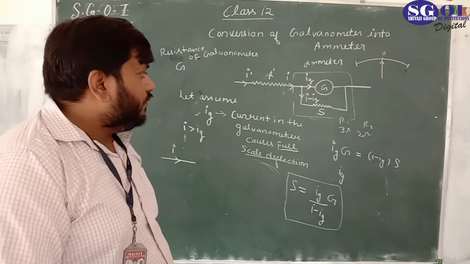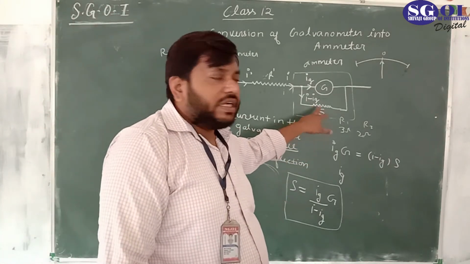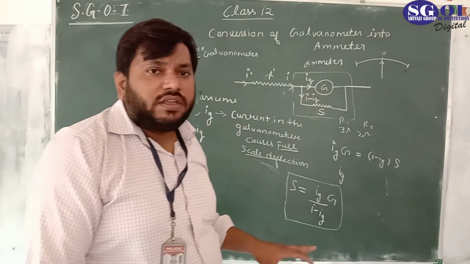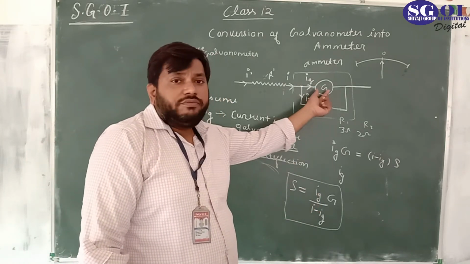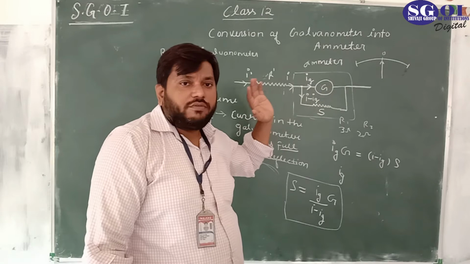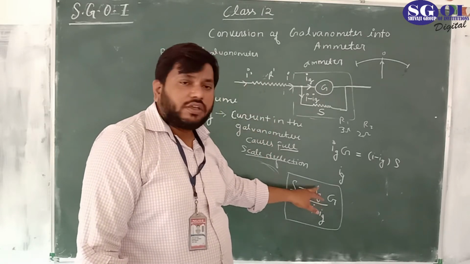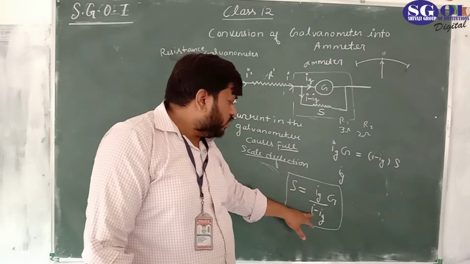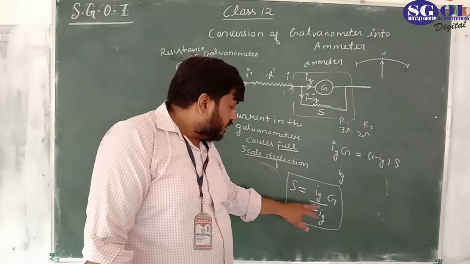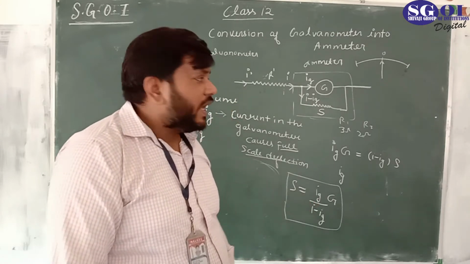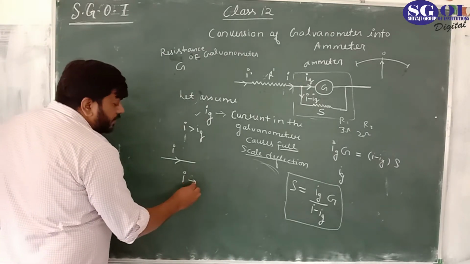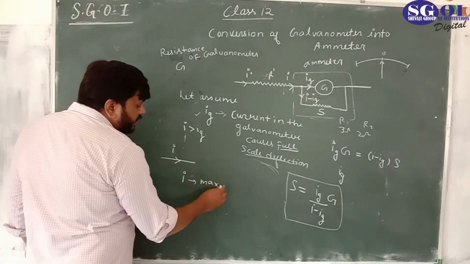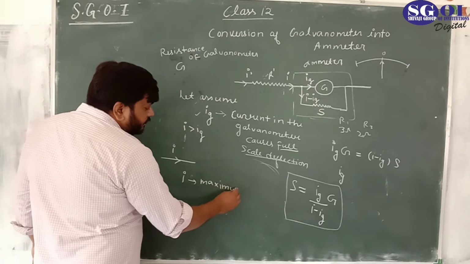So if we want to find the shunt of the galvanometer, we have been given the maximum current which produces the full scale deflection in the galvanometer, with this value given in the numerical. If we want to find the S, we have also been given the value of I. What is I? I is the current. I is the maximum current